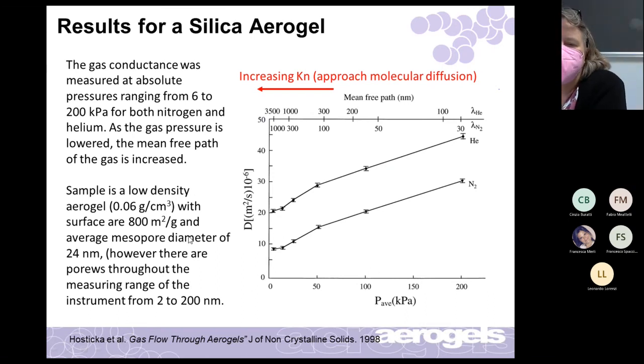nanometers, sorry. But there are pores. The instrument measures pores from 2 to 200 nanometers, and also, when you use gas adsorption, it doesn't tell you about macropores. So what they found, so they plot diffusion coefficient versus P, and again, going back here, if it's horizontal or